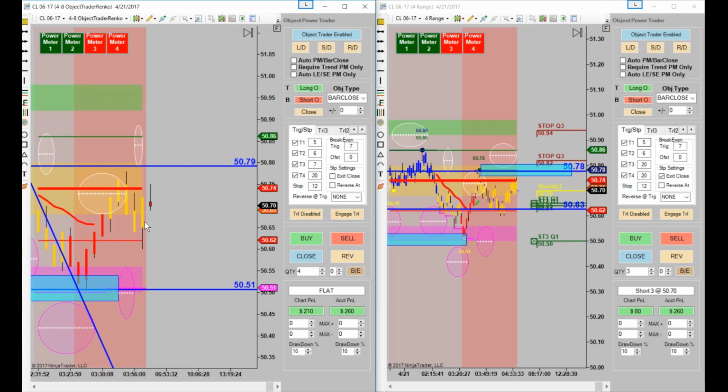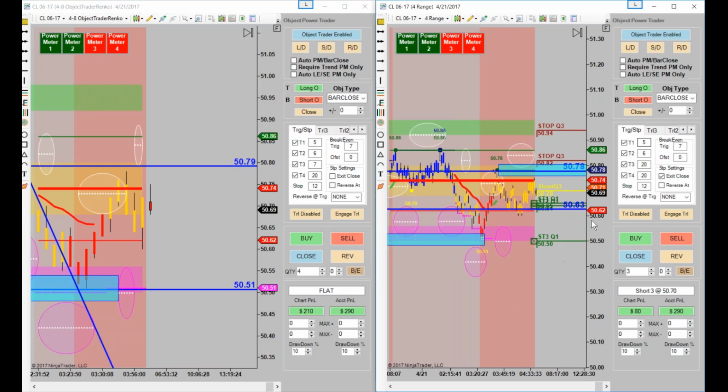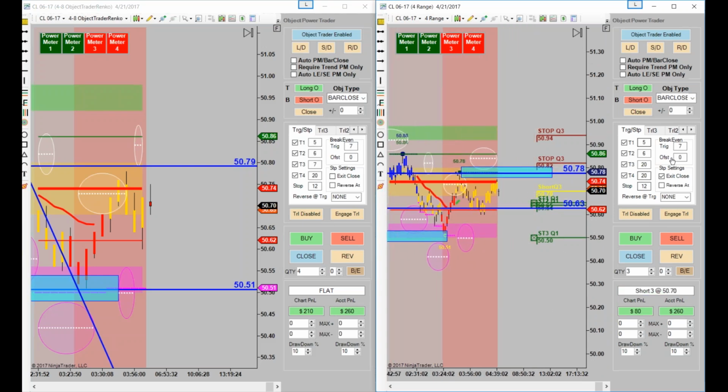Because see, we missed this trade a second ago, the one that we got over here. It looks like we got that one. We missed this trade over here because we didn't have our line drawn. And see how that new feature might just help you out because it would have already gotten it. See if we can do a runner. We've got 7 ticks on break-even trigger. If we get 7 ticks,